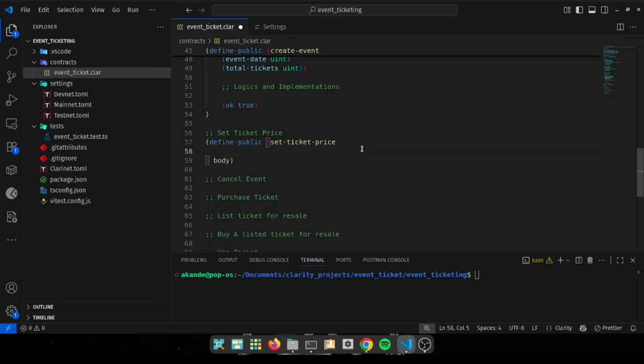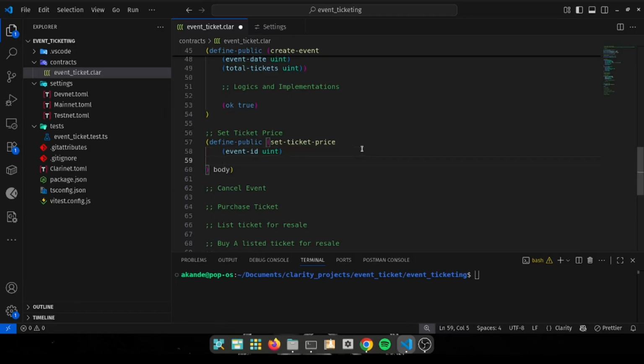And the variables to be able to set a ticket price, first would be the event ID. Yeah, you need to get the event ID. Also the ticket type. Why do I keep making this mistake? I think that's going to be common for everybody. Ticket type